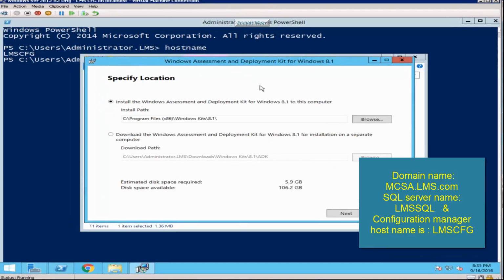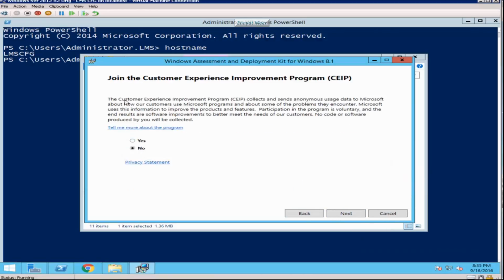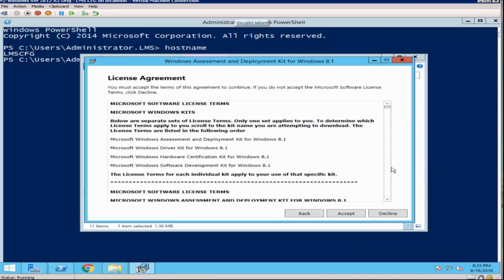This is the Windows Assessment and Deployment Kit. You can also just say ADK. This will take a lot of room on your hard drive, so make sure you do have enough room in your drive.